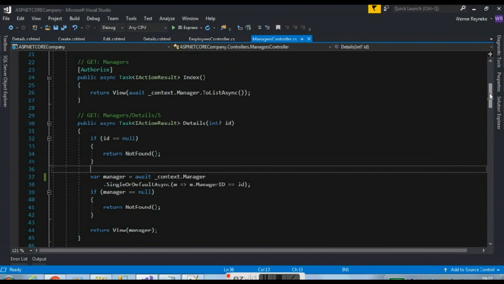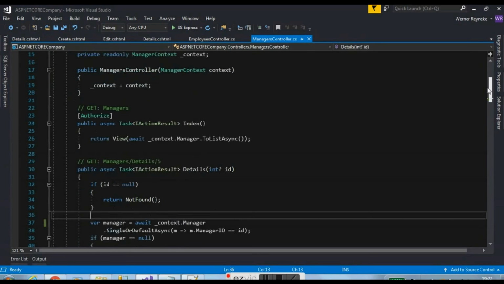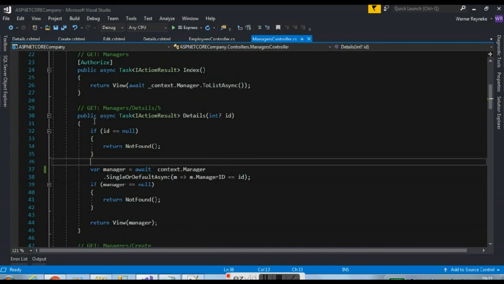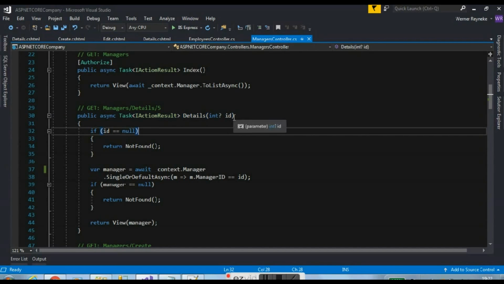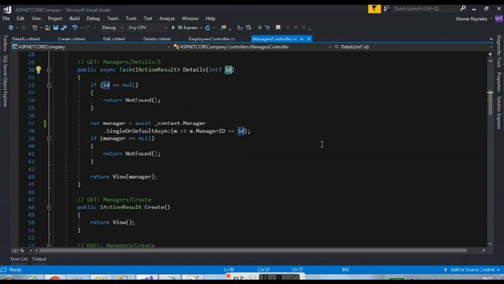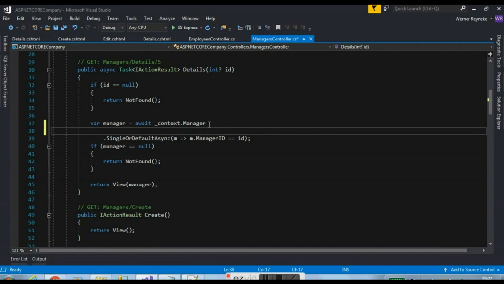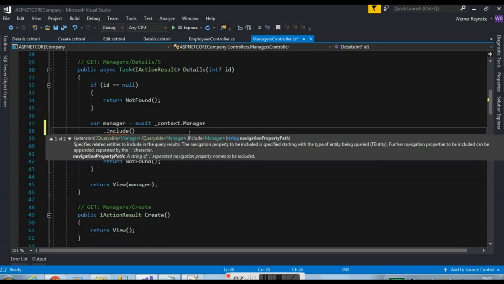And we're going to, so we need to think about this. So we want to go into the details section. So we need to look for the details action result, which is over here. Okay, and we pass in the specific ID for this manager that you're viewing, and we need to modify this generated code. So we're gonna put it right on this line and say we want to include,